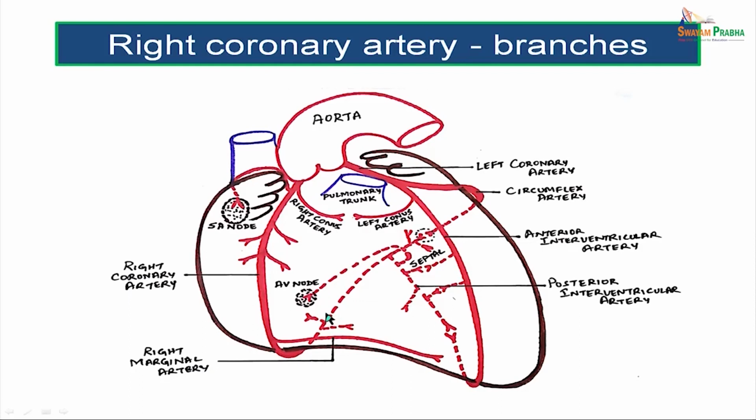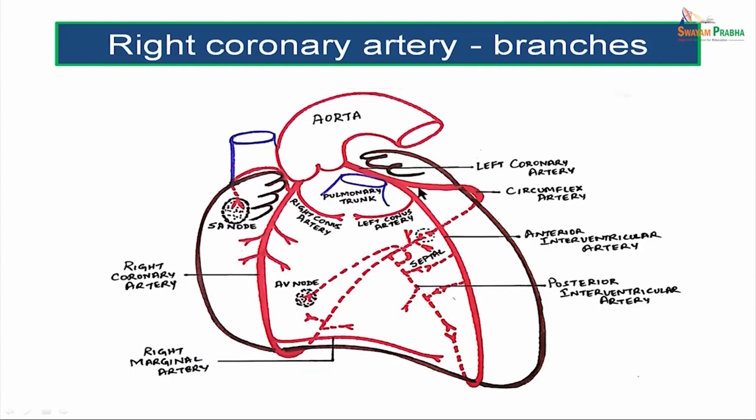They supply the posterior surface of the right atrium and the right ventricle. The largest branch given off towards the ventricle is the posterior interventricular branch. Posterior interventricular branch will run in the posterior interventricular groove, descending down, and at the junction of the posterior 2/3 and anterior 1/3 of the posterior interventricular groove, you find the artery ending by anastomosis with the anterior interventricular branch,